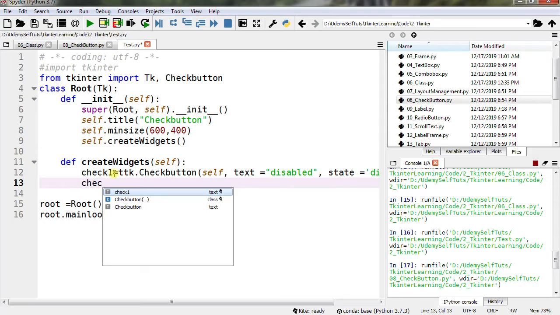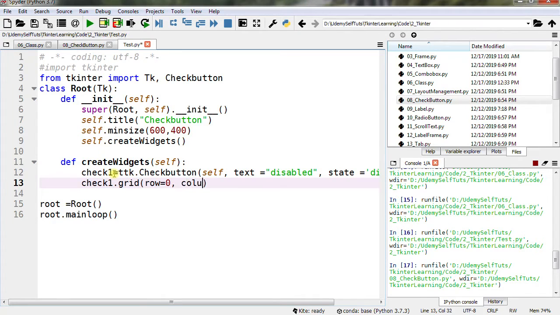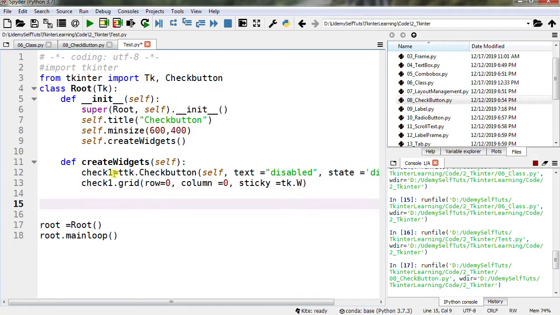Check this position: grid, row is equal to 0, column is equal to 0, sticky is equal to tk.W, west, right? Next, another check button, check 2 is equal to ttk dot check button